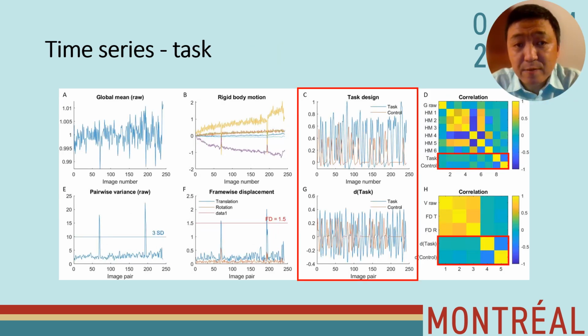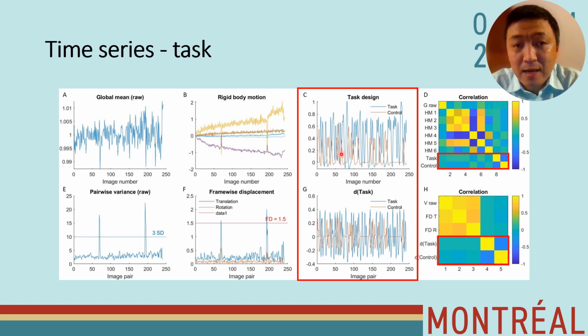So for task fMRI data, in addition to all the time series plots, we can also plot the task designs. In this case, we use the fMRI QC dataset of a task design, which is an event-related design containing two conditions. One is a task condition, another is a control condition. Here we can plot the task design, and we want to examine whether this task design time series will be